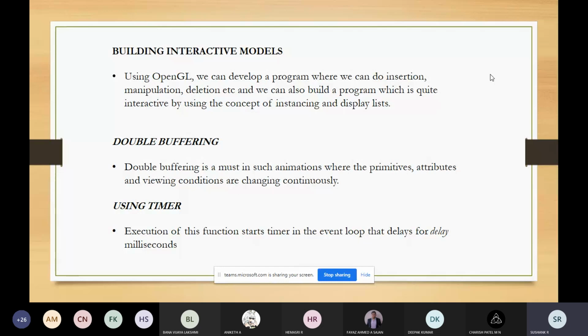So each occurrence of these basic items is referred to as an instance. Whenever the programmer creates an instance of a building block using the application program, these instances will be stored in a table, and that table is known as the instance table.